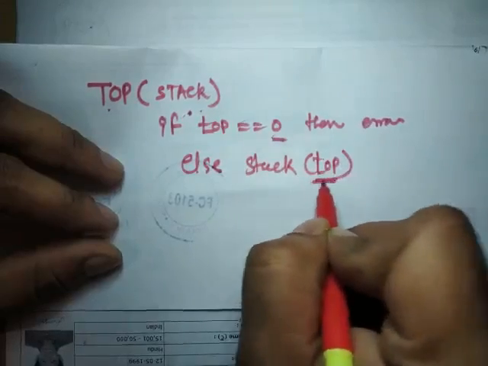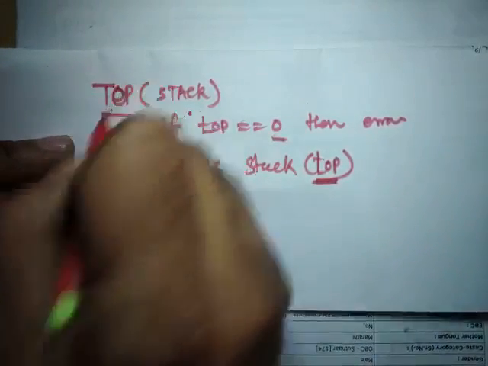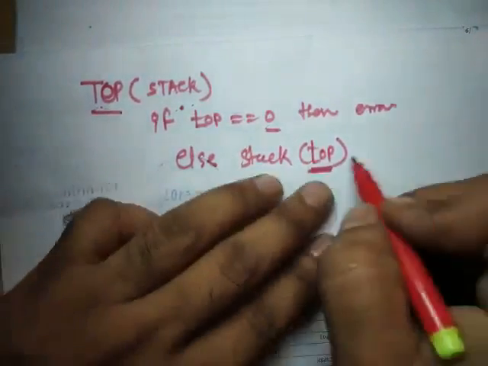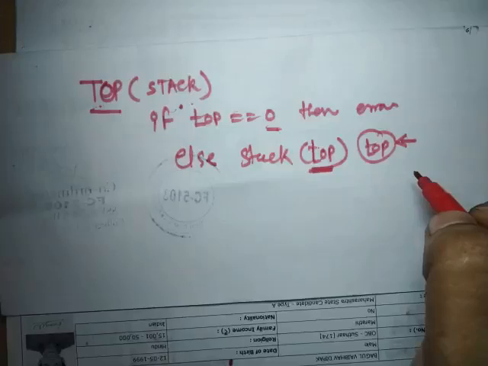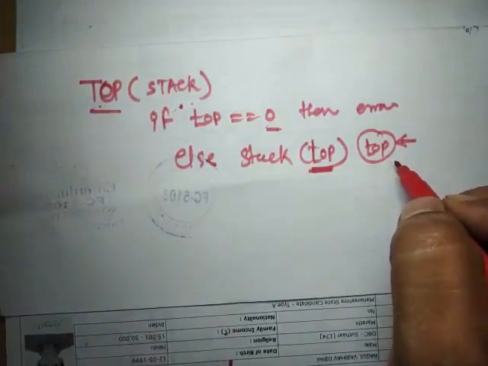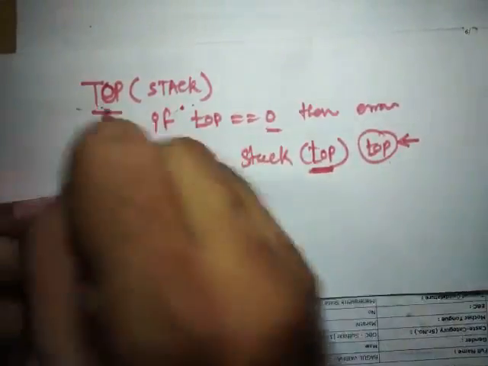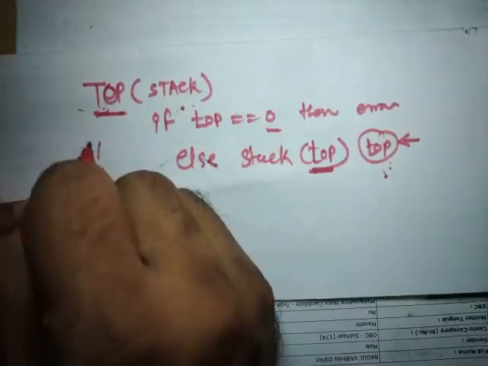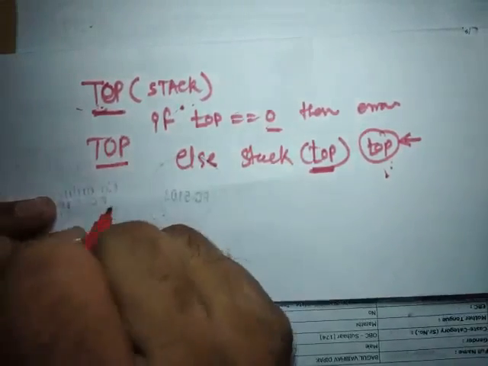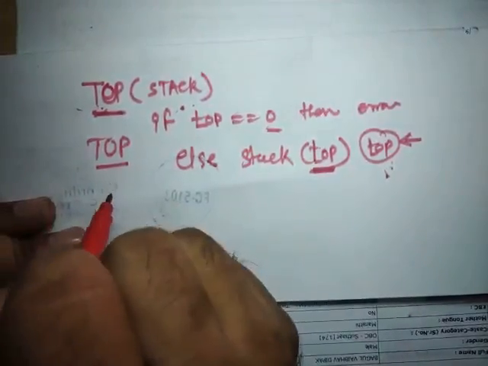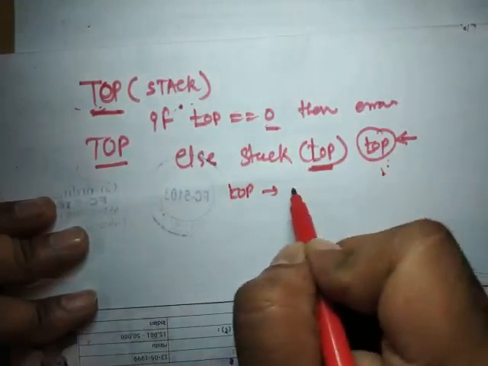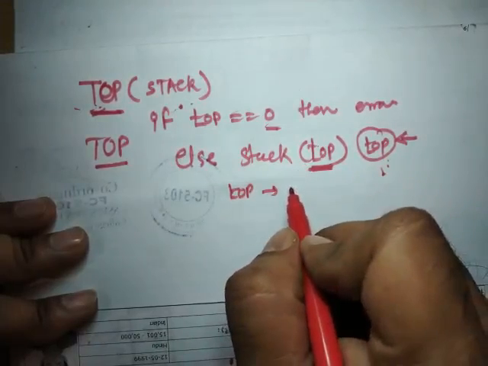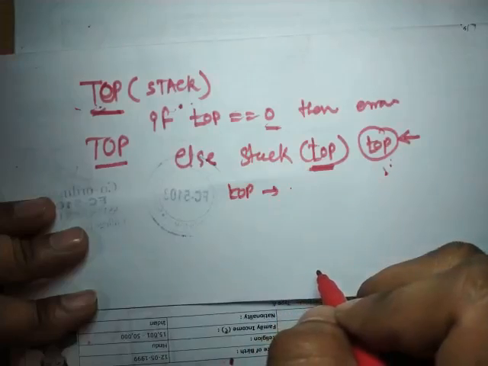See, there is a difference between this top and this top. This capital TOP is an operation, a function, or you can say a method. And this small top is the top pointer, an index location which points to the topmost element of the stack. So there is a big difference between these two tops. Now we are going to